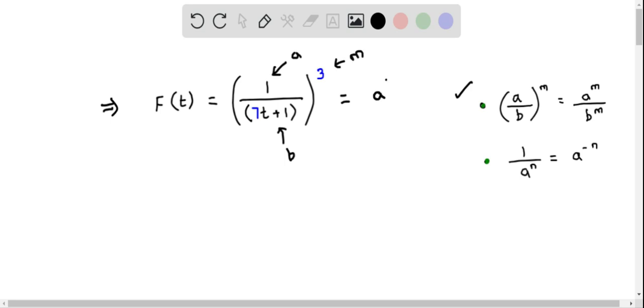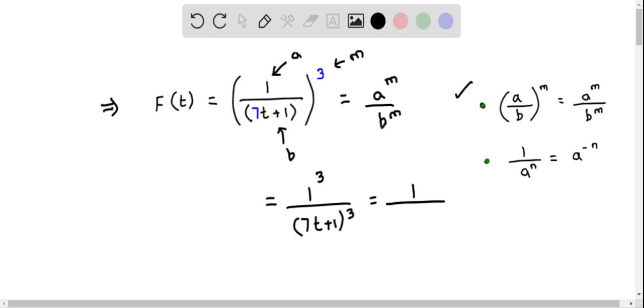So I'm going to write this as a raised to the power of m divided by b raised to the power of m. Therefore a equals 1, so this becomes 1 raised to the power of 3 divided by the expression 7t plus 1, which is b, raised to the power of m, which is 3. So 1 raised to the power of 3, that is 1 cubed, is 1, and this is divided by